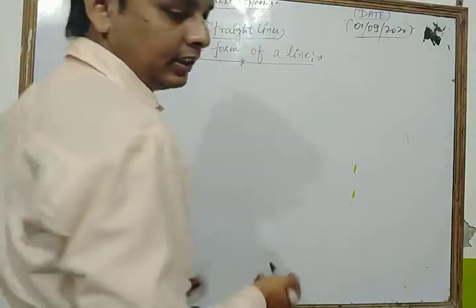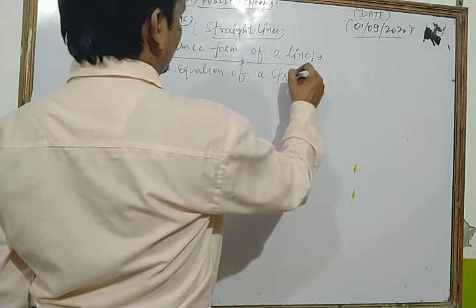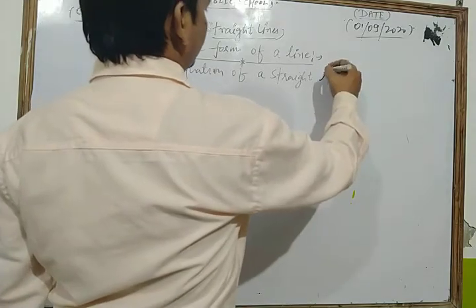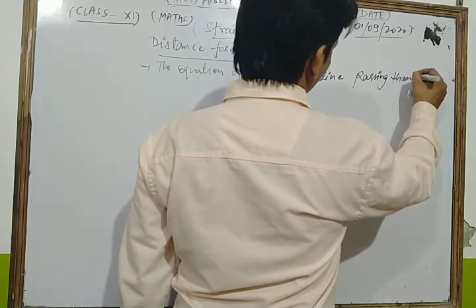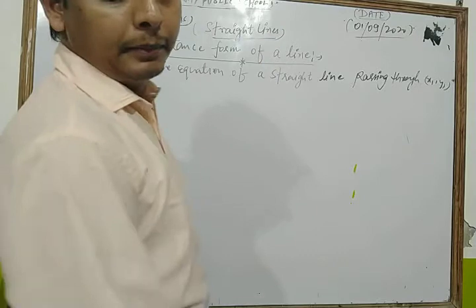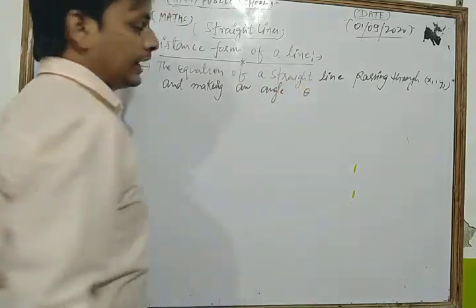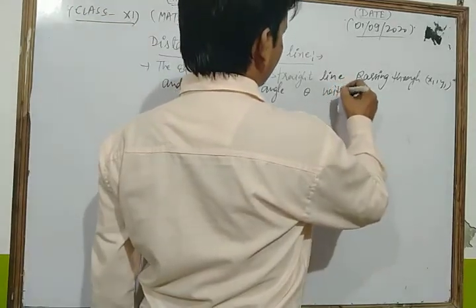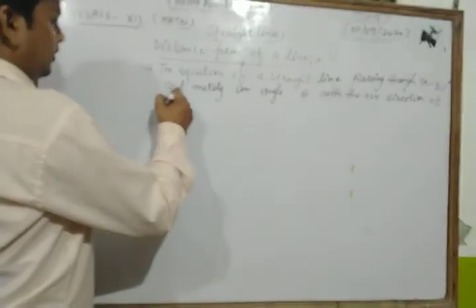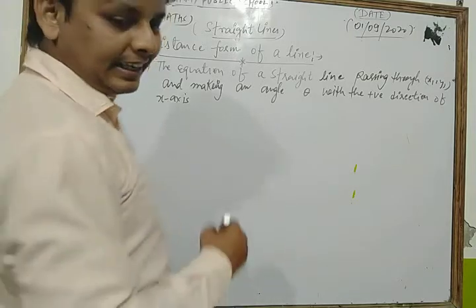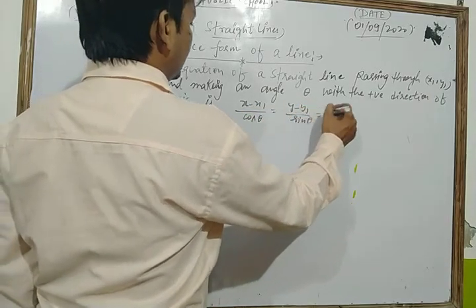Dear students, this is very important: the equation of a straight line passing through x1 y1 and making an angle theta with the positive direction of x axis is x minus x1 upon cos theta is equal to y minus y1 upon sin theta is equal to r, where